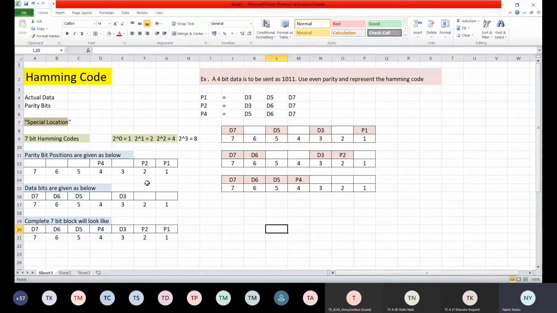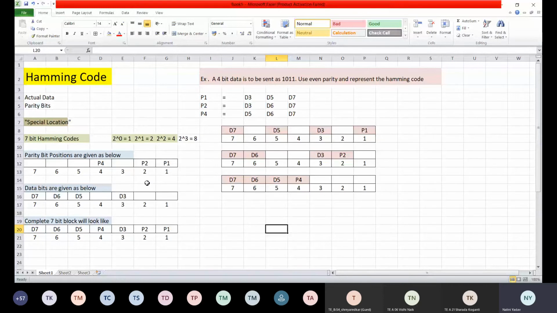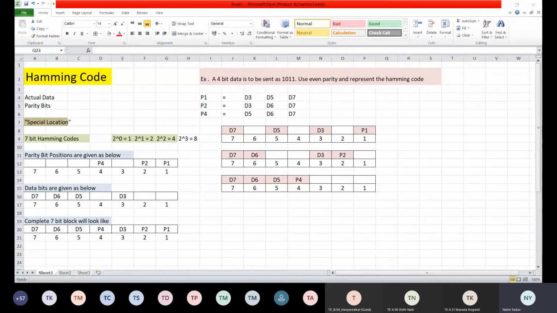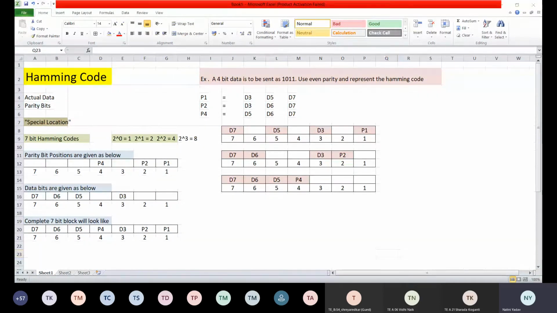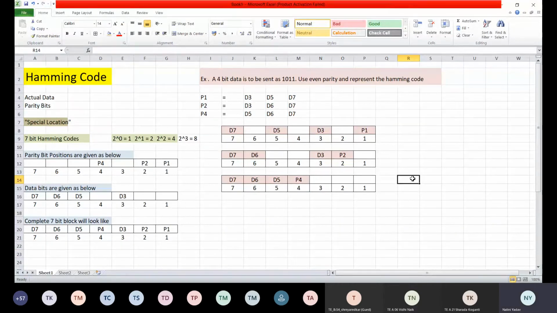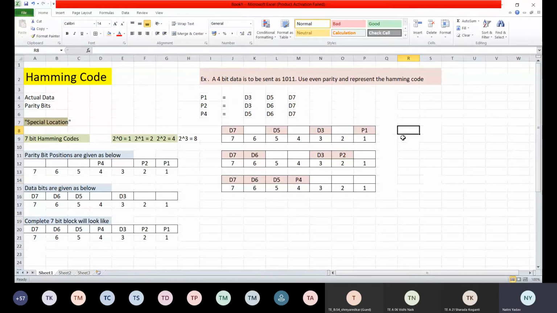Are you getting this? So this is the way, we must know this part, how to calculate P1, P2, P4, and that is the only important part. If you go and mug up the things, you may not remember. But if you remember the trick of this, then it will be easy for you to do the things in the examination. Understood all of you? Is this clear?